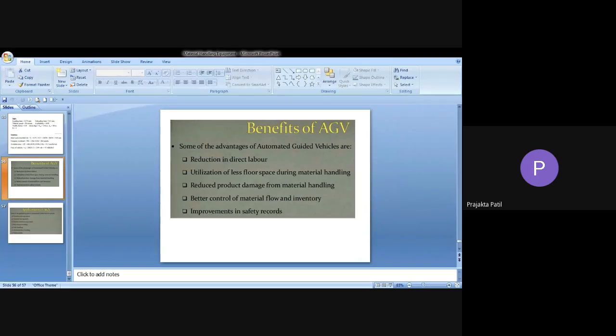So we can stop here. Any doubts? Ma'am, when will you share this PDF? I will share the presentation with you right now. The same slides which are there, I will share, and the rest of the things you can refer to in the textbook. All the content is from the textbook itself. Thank you, ma'am. Yeah.